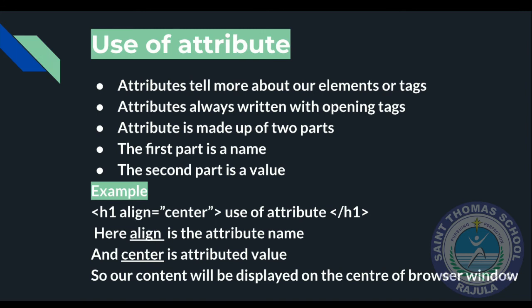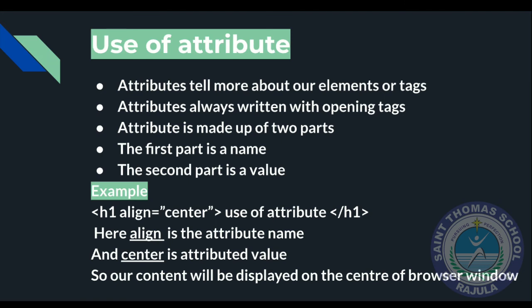Here, the tag name that we are discussing is H1. First I will tell you what the use of H1 is. The H1 tag is used to display the heading of your document. So first we write the left angular bracket, and then we write H1, our tag name. Then you have to give a single space, students. The space must be there between your tag name and your attribute name.